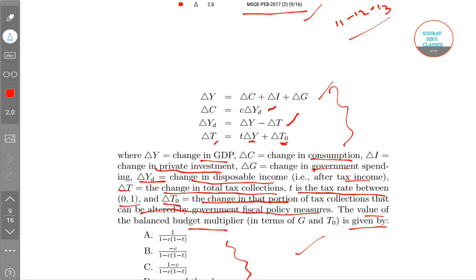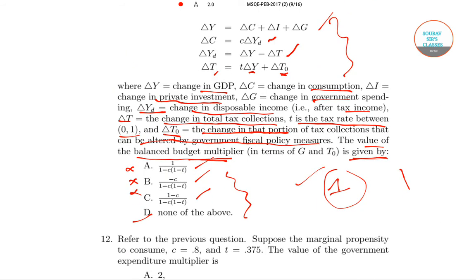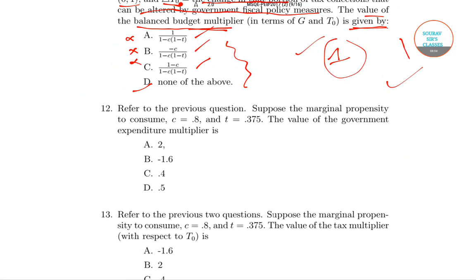Now if you go to the question, there is not a single option which says it will be equal to 1. The budget multiplier is given by these three options, all of which are incorrect. So you would conclude option D, which is none of the above, as we have found the answer to be 1, is the correct one. So option D is the correct one for question number 11. Now we'll go to question number 12 and try to solve it,